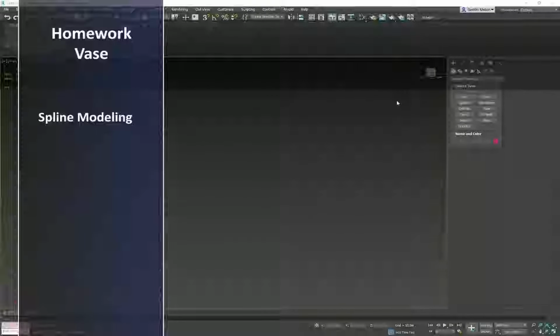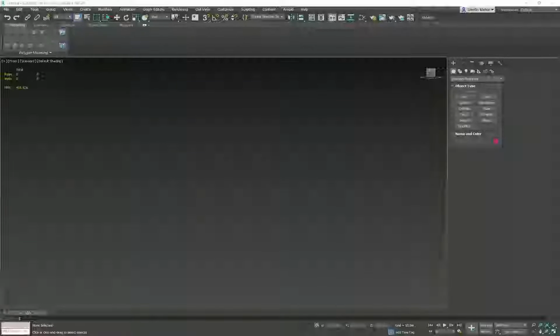All right, let's take a look at your homework. I'm going to try this as a new way of seeing if this helps you understand better. Again, it's a test. Let's see what goes. All right. So for your homework, I want you to make a vase, that negative positive vase that we've seen before,